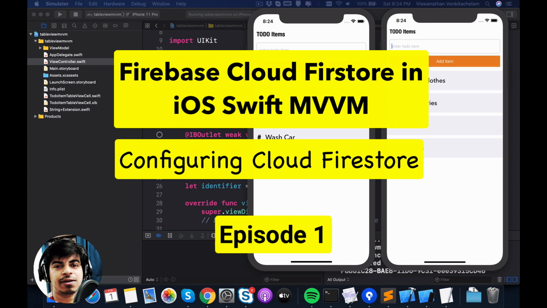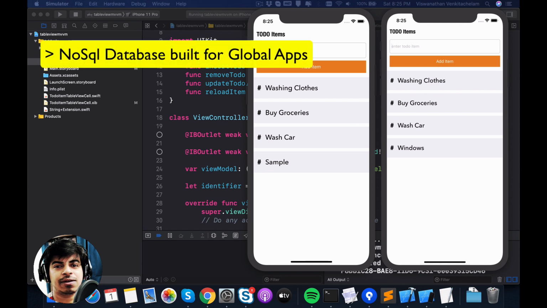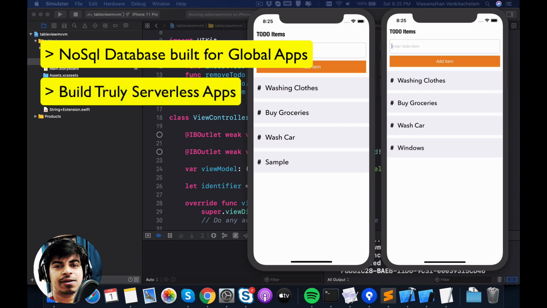There are 3, 4 points which are maybe interesting to know about Firestore. First being, Cloud Firestore is a NoSQL document database that lets you easily store, sync, and query data for your mobile and web apps at a global scale. Second being, Cloud Firestore ships with mobile and web SDKs and a comprehensive set of security